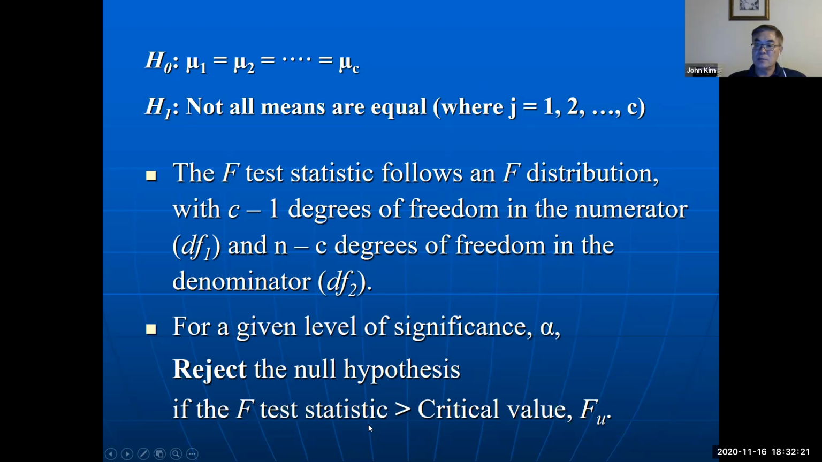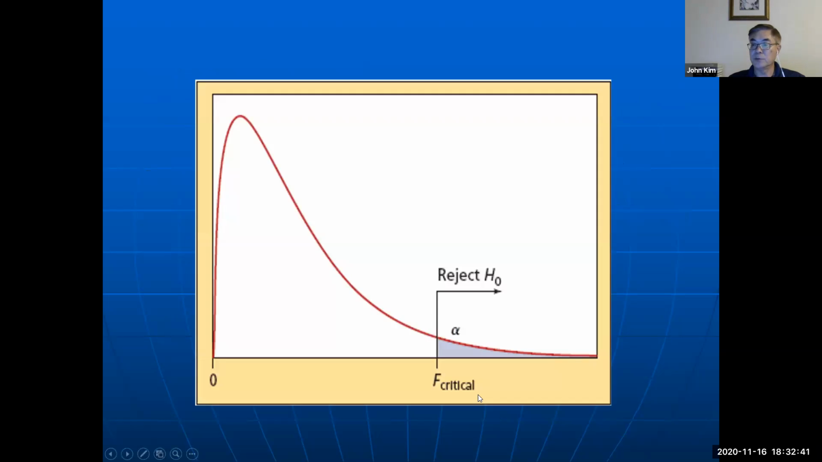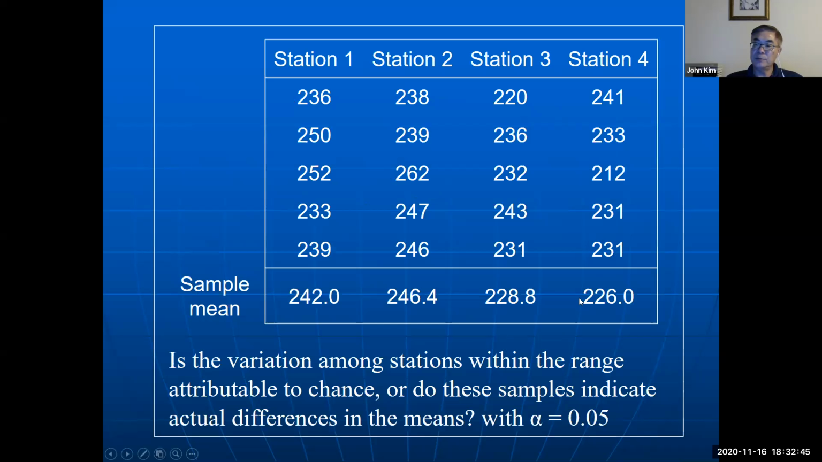If the F test statistic is greater than the critical value, then we reject the null hypothesis. That means at least one sample mean is different from the others. Looks like this. Okay, we have an example data set, and using a 0.05 alpha significance level, then test